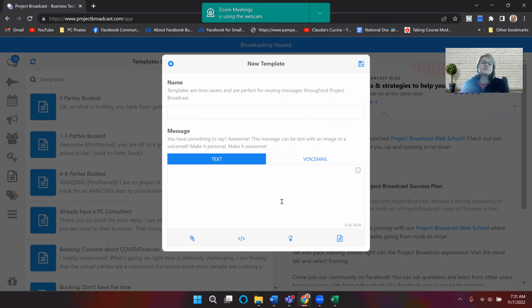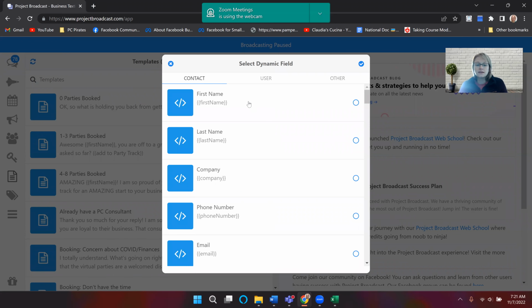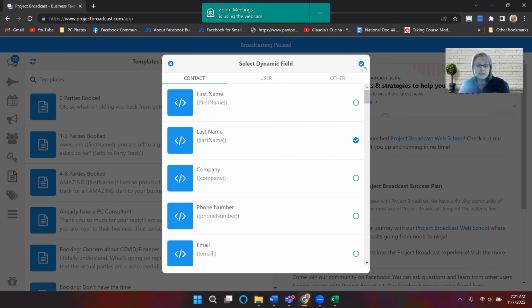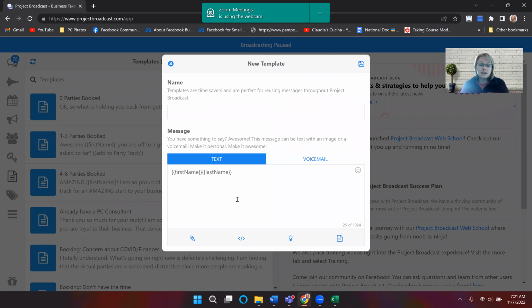Again, you can say, hey, and then use the little arrows to put in their first and last name. You could say, hey, Tiffany, and then last name, so, hey, Tiffany Lee. And then you can just write whatever else you want there. You could also say, hey, Tiffany Lee, this is, and you can write your name,